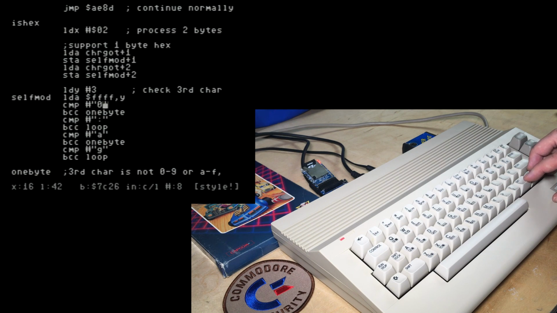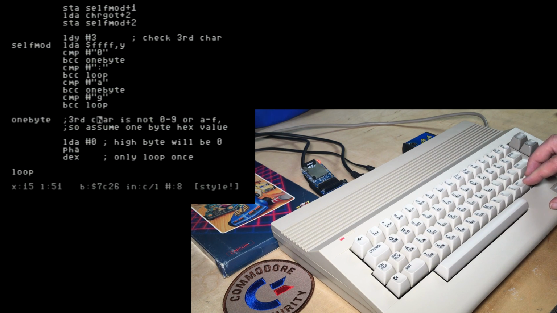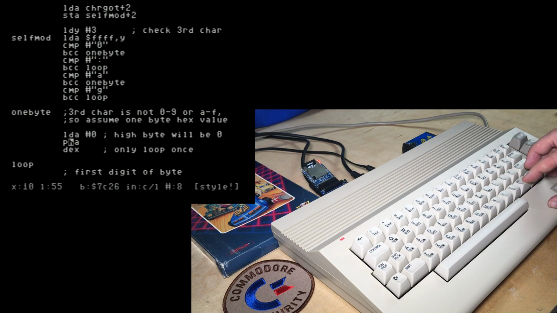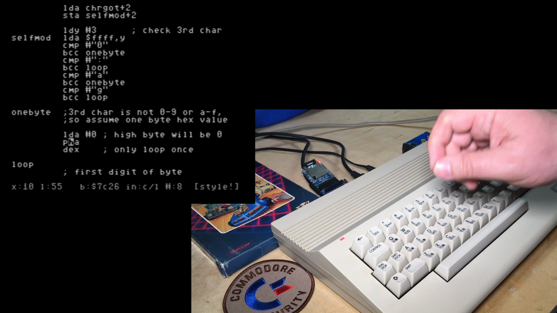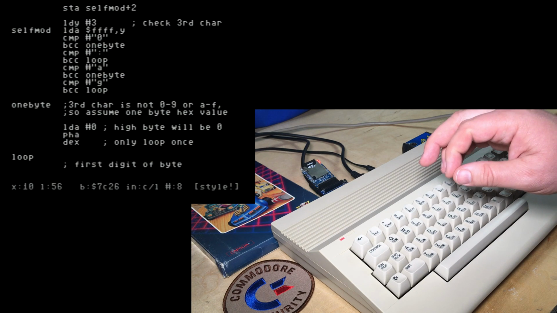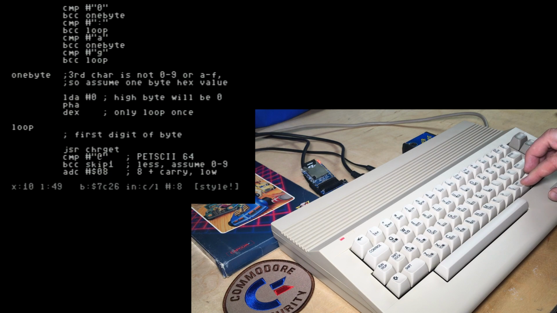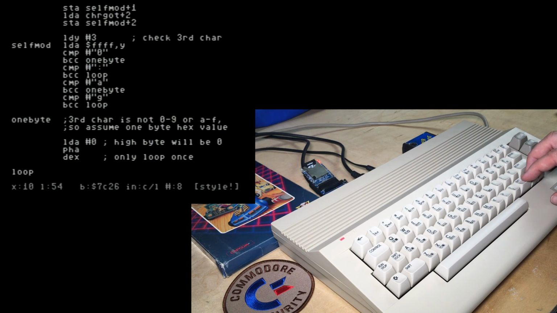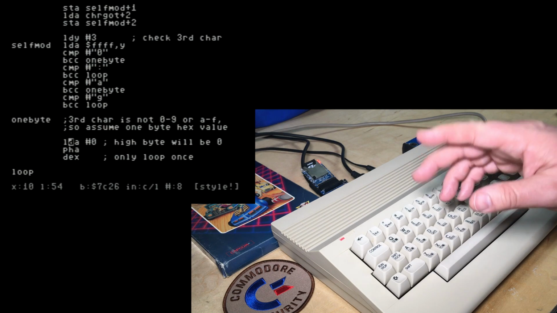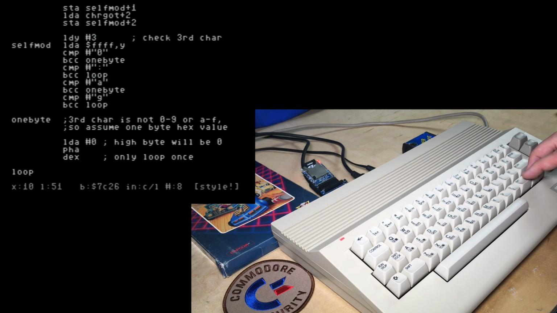Okay, and then we're going to compare it with the PETSCII code for 0. If it's less than 0, that means it's an invalid character, and therefore we're going to branch to this 1-byte routine, which will push a 0 onto the stack here to represent that high byte, and it's also going to decrement X from 2 to 1 so that we only execute this loop once. So any invalid characters, any non-hexadecimal characters, not 0 through 9 or A through F, will go through this routine